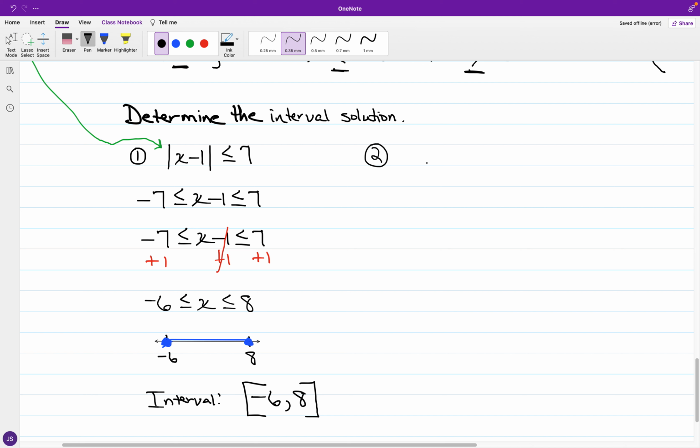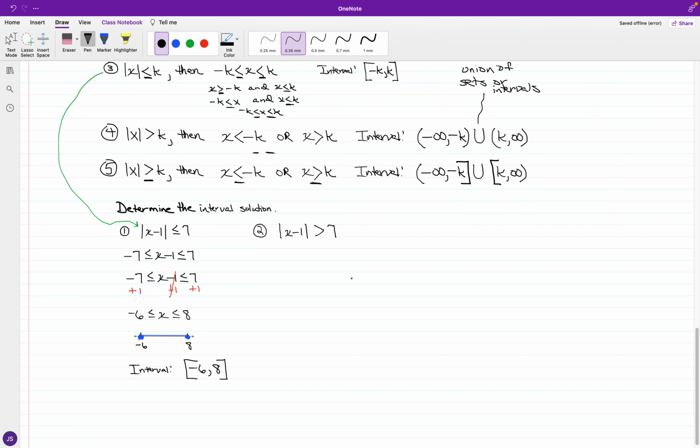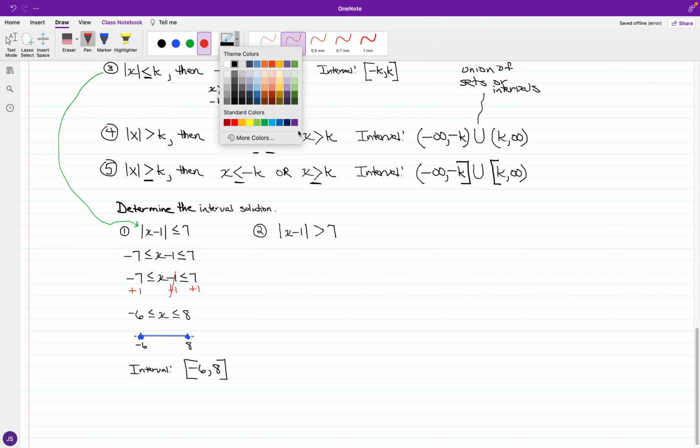Now let's say that in comparison to 7, if I keep the absolute value of x minus 1 and say that this is greater than 7. All right, so you have an absolute value of x and k relation. So we have here, again, absolute value of x minus 1 is representing the absolute value of x, 7 is representing k, and with the inequality greater than, looks like we're going to have case number 4